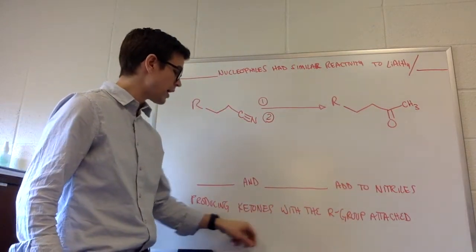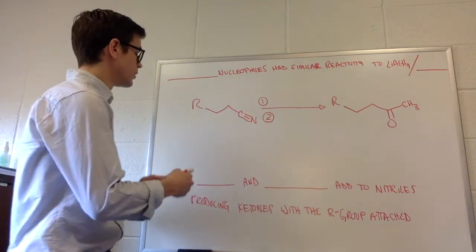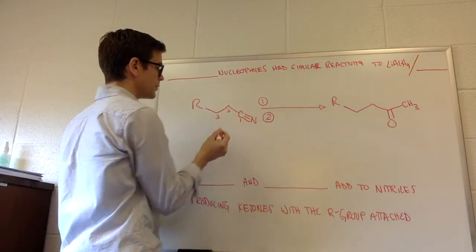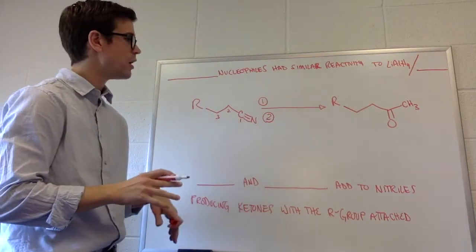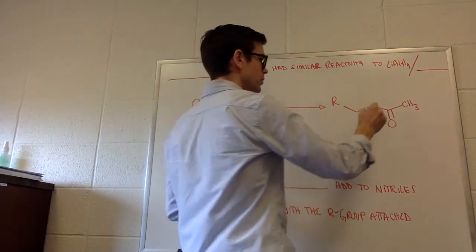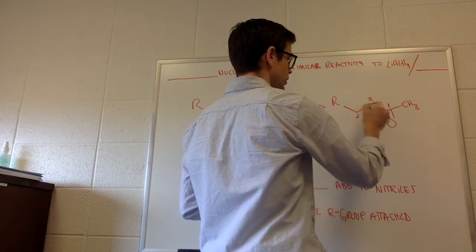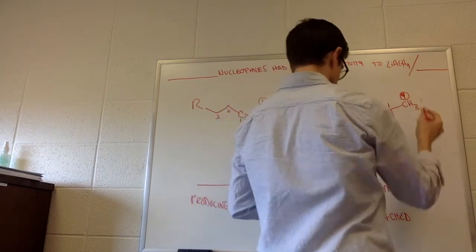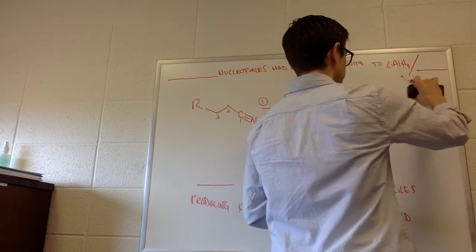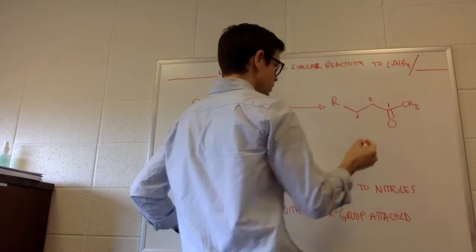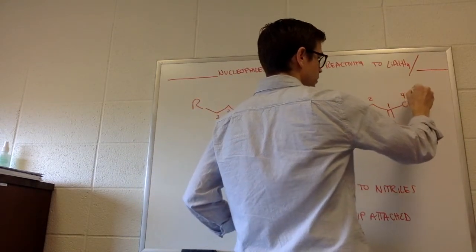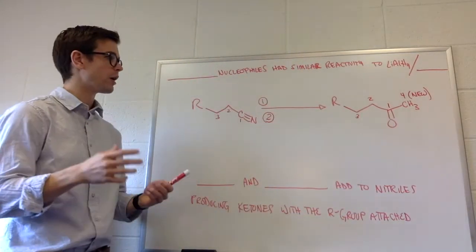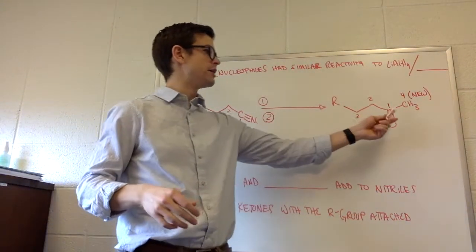If we look at the starting material and number the carbons, we have 1, 2, 3 carbons here, and then an R group, we'll just leave that as R. But in the product, we have 1, 2, 3, so somehow we added this number 4, this fourth carbon of the CH3. This is a new carbon, a new addition. So somehow we are going to learn a way to add a CH3